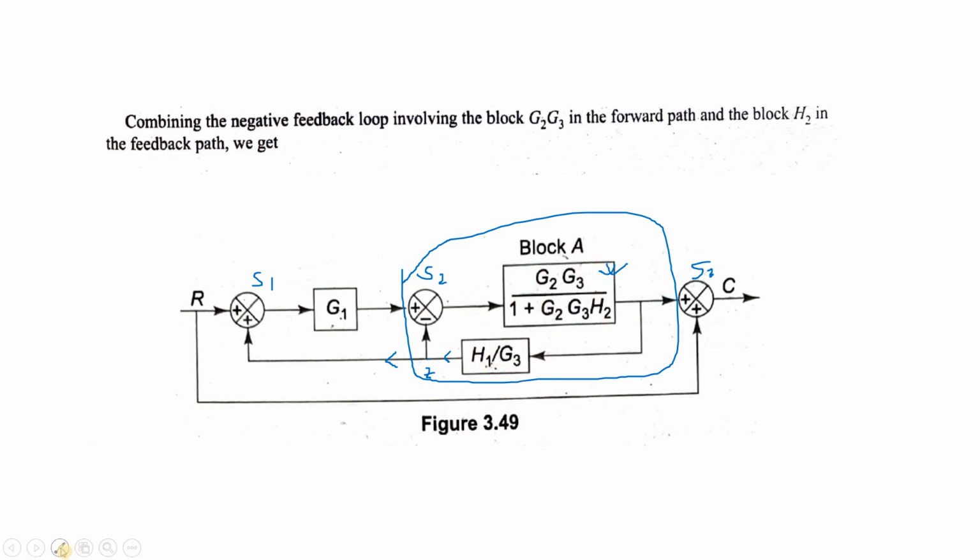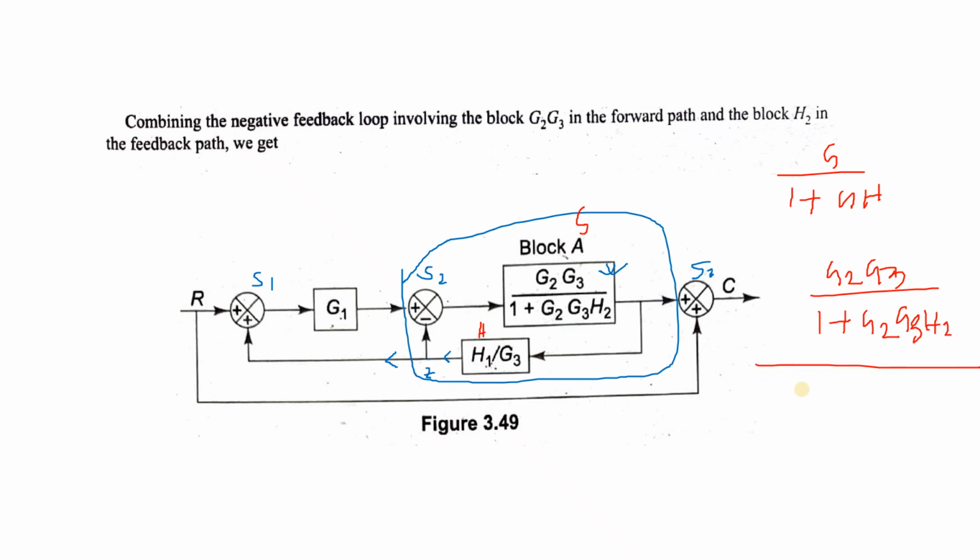Okay, closed loop path. So the closed loop transfer function will be, this is G, this is H. So again we will reduce the entire thing like this. This one is G, this is H. So as per the formula, G by 1 plus GH. So the entire thing should be written like this, G2, G3. This you have to write on your own in the exam, and you must practice it at home also,